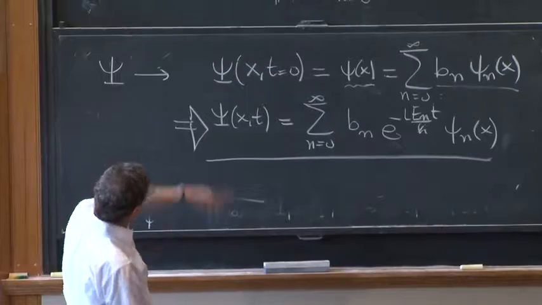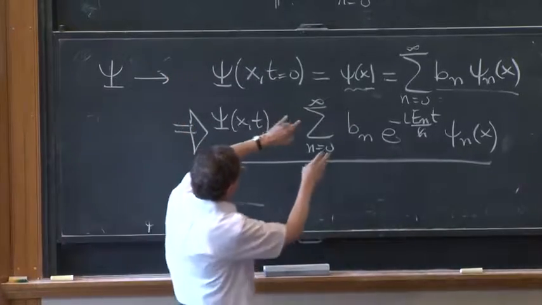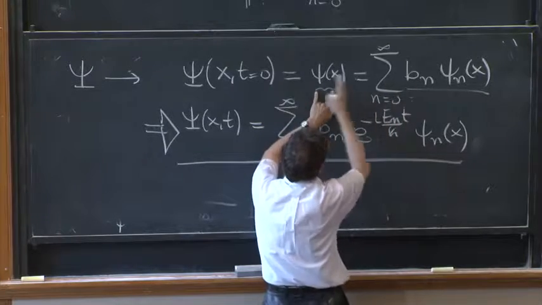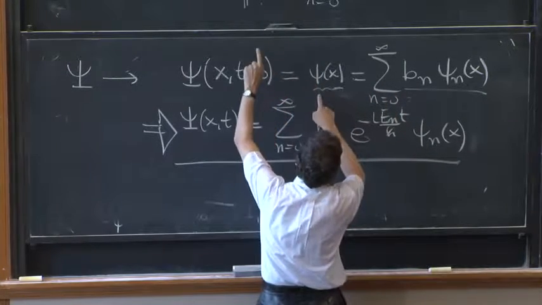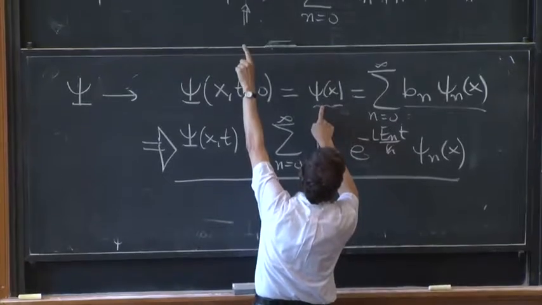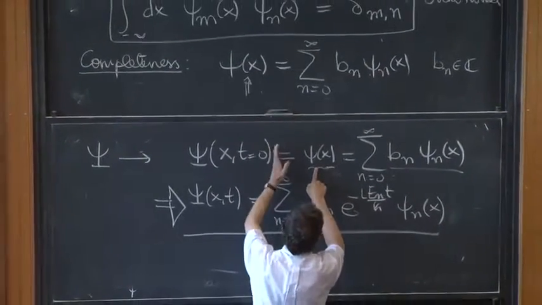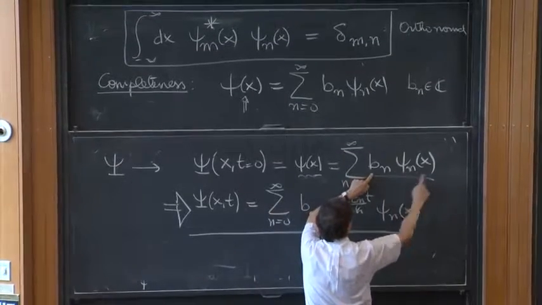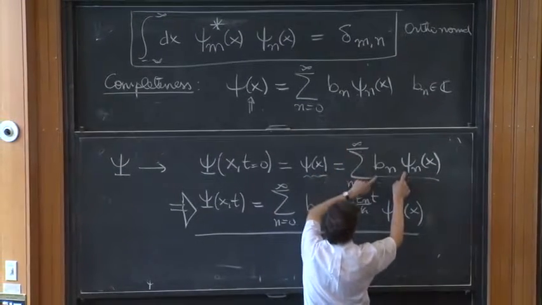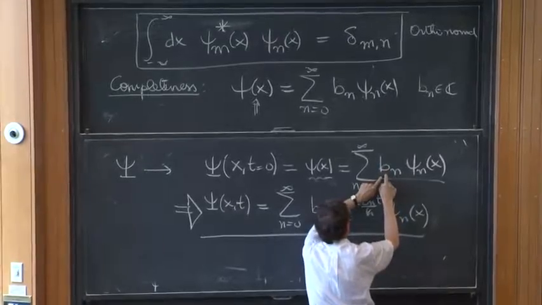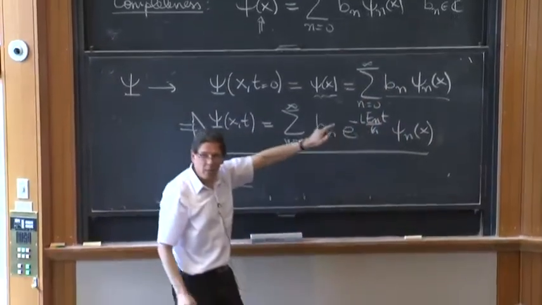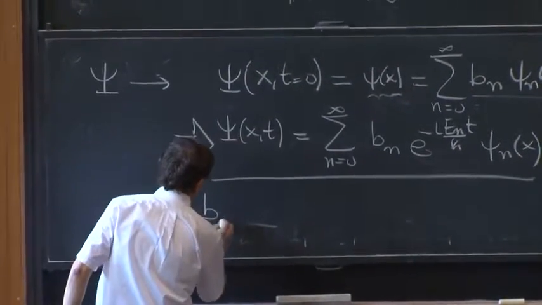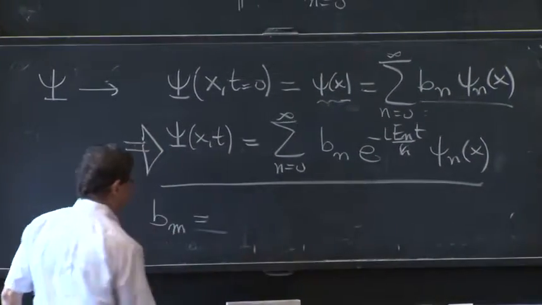Well, you use the orthonormality. So you actually take this and integrate against another psi star. So you take a psi star sub m and multiply and integrate. And then the right-hand side will get a Kronecker delta that will pick out one term. So I'm just saying in words a two-line calculation that you should do if you don't see this as obvious,